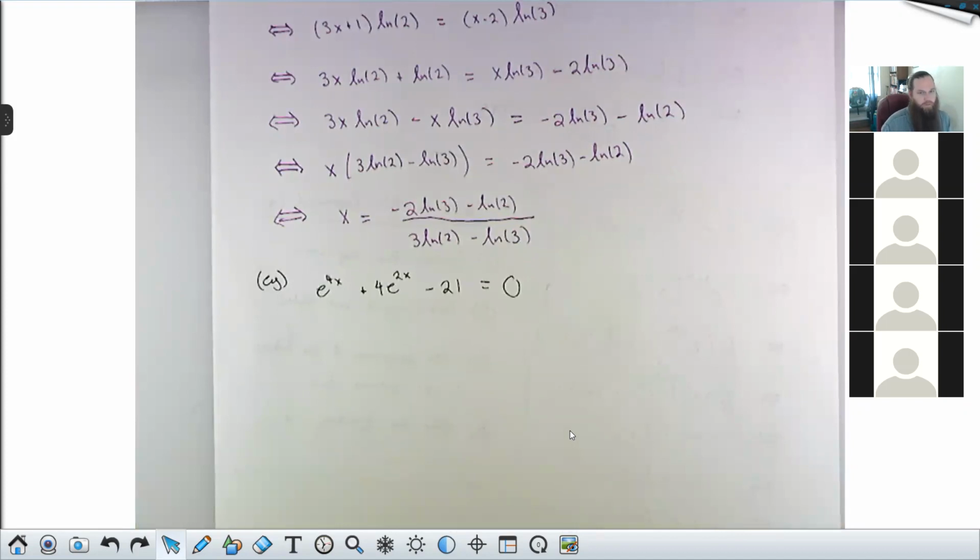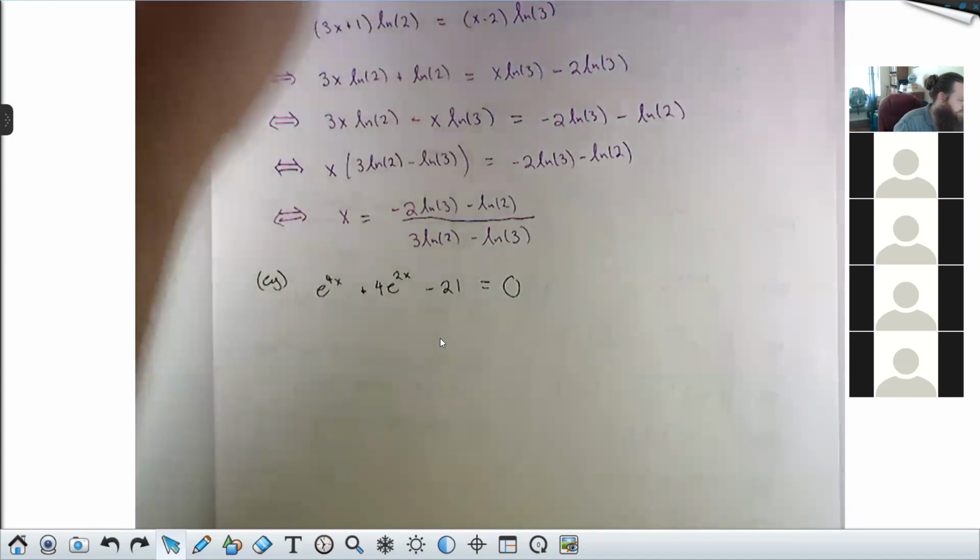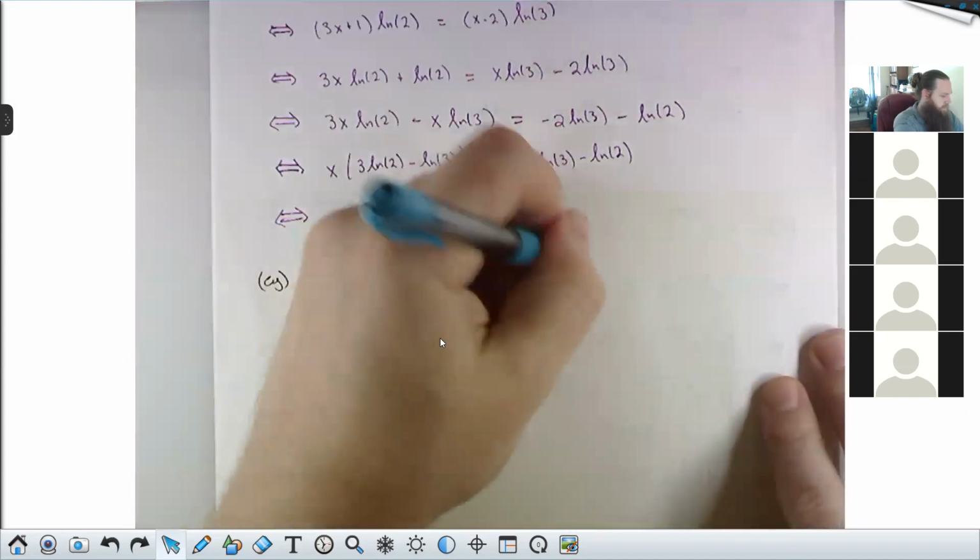The trick to solving such a thing is to recognize, observe,